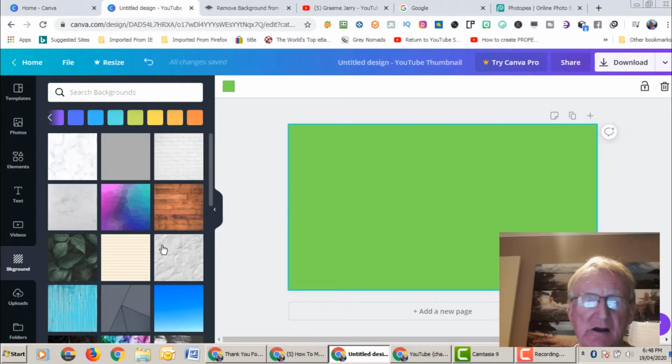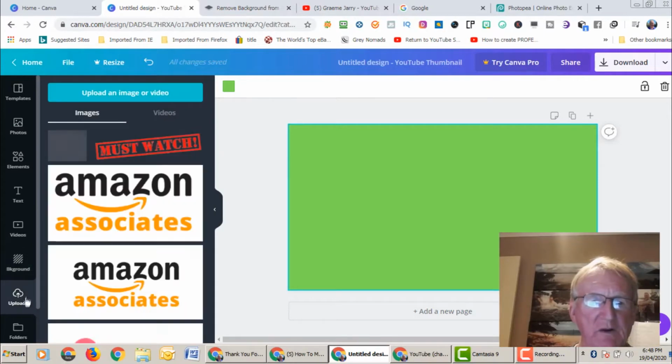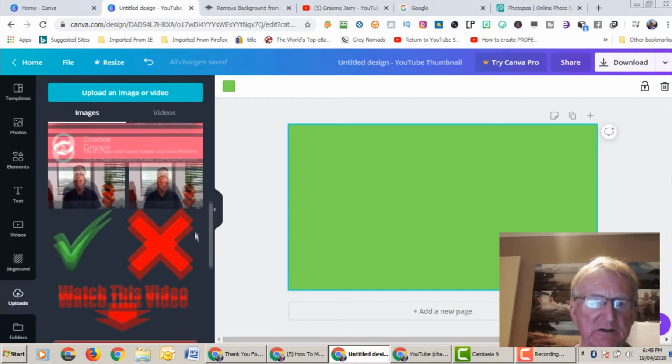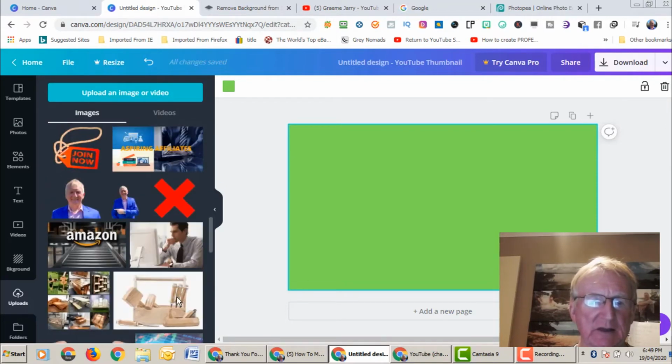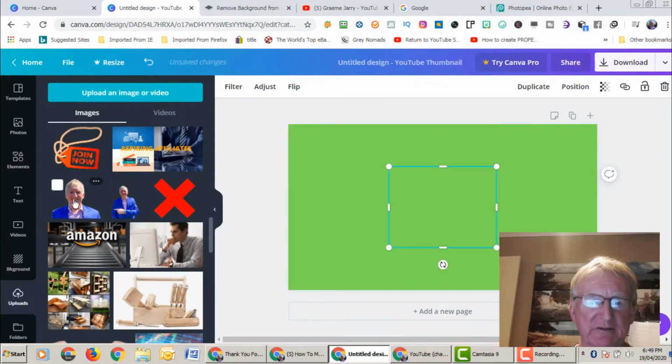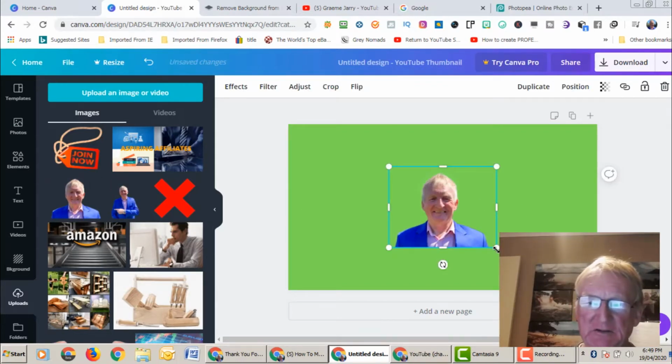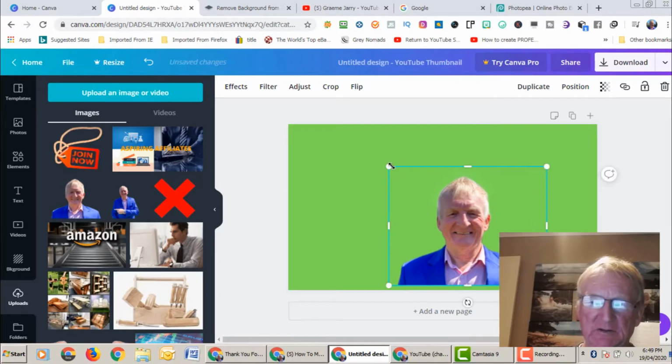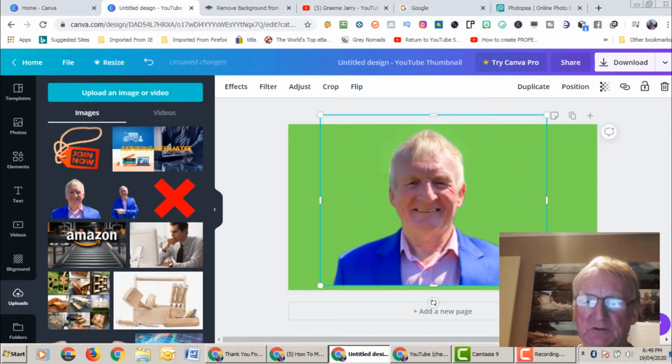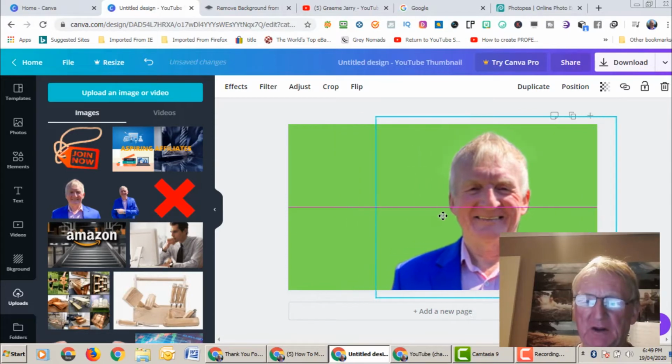Okay, so now as you would have seen back on that other page, I had some pictures of myself there. So what I'm going to do is go to uploads. Now that picture of me is actually, it's called a transparent background. So let's say I just drop that on there. I can, and you want to make your text very big. If I could put that on there,